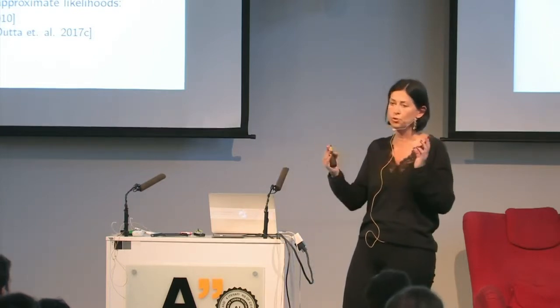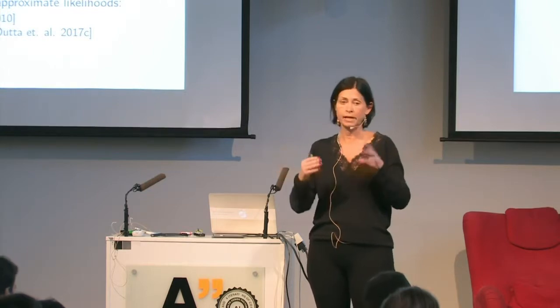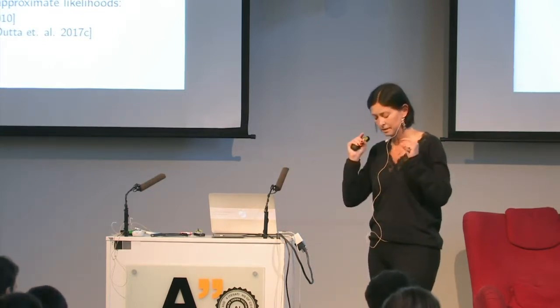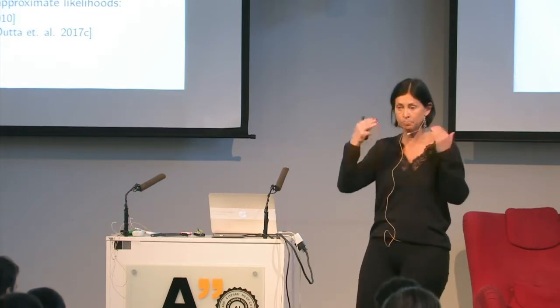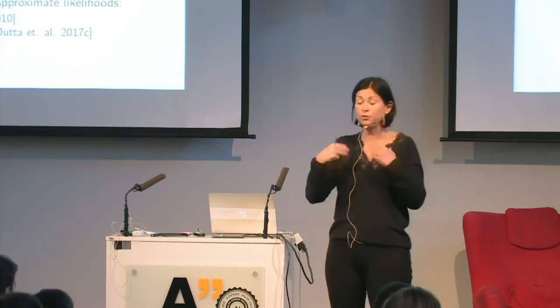But ABC can be used with many more parameters, so it's not limited to a few parameters, but for mechanistic or generative models, it is the knowledge domain that drives the